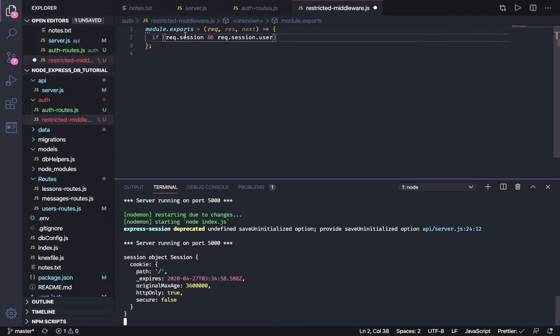So right now, if there's a session, and right now we have that, but now if there's a user key value pair also located in that session, and right now there isn't. Right now there's just a cookie. And if there's a user, then we're going to say continue on, you're logged in. But if both of these are not true,